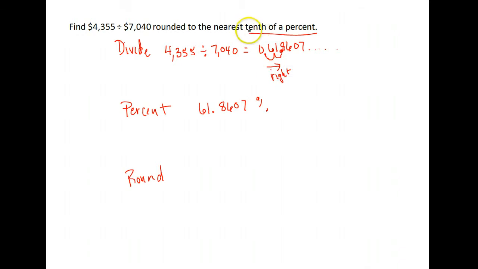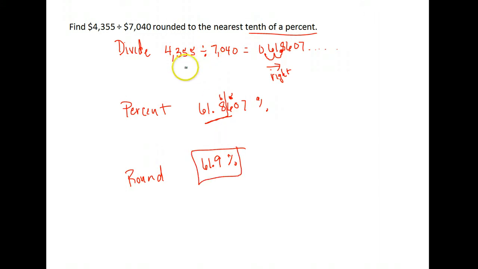And then we want to round that to the nearest tenth. Now the tenth is 1 place after the decimal point, so we want to cut it off here. To decide whether you round up or stay, you look at that next number. If it's 5 or larger, we round up. If it's smaller than 5, we just stay. 6 is larger than 5, so that means we're going to round our 8 up. It would round up to 9, so we get